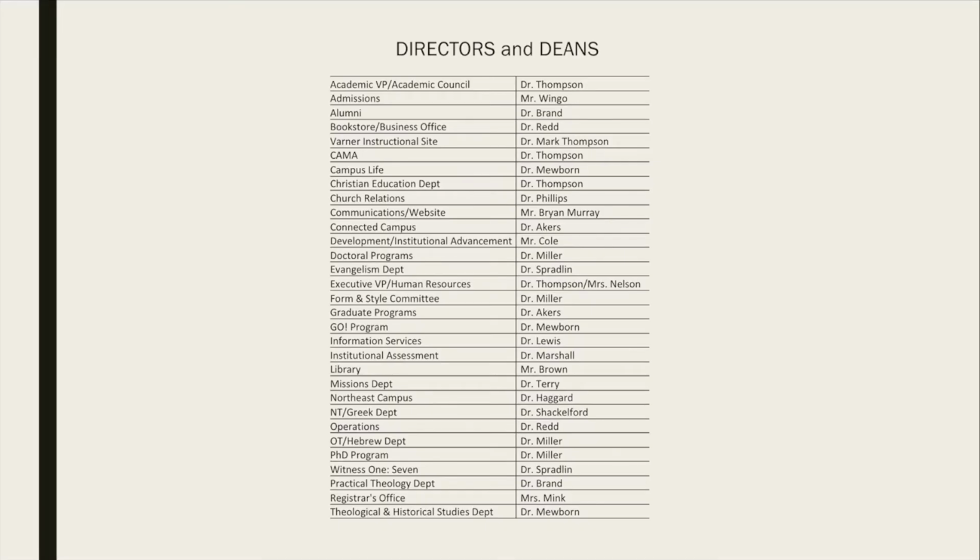Now, you may be wondering, who's responsible for all of this? Well, as you see here, I have a list of directors and deans, and these are the ones I have identified so far as being over these departments, and as such, you do the reports.